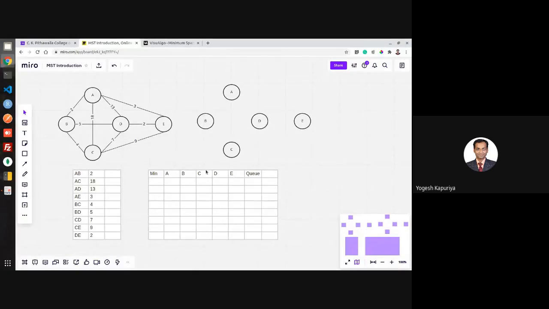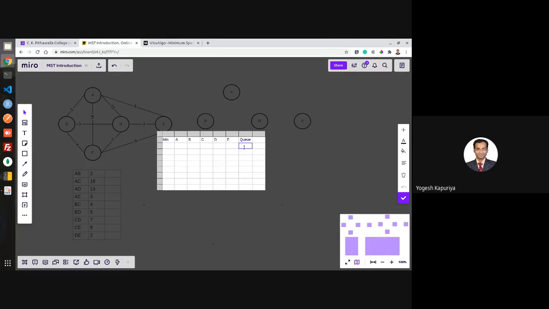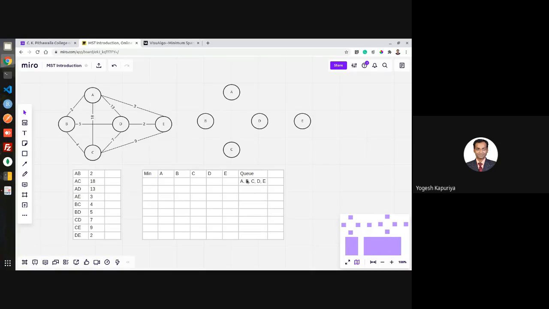Whatever number of vertices you represent over here, you are also maintaining a queue. This queue is basically a priority queue which contains all the vertices or the distance of all the vertices. To represent it, we will simply use the name of the vertex. So there are 5 vertices inside the queue.